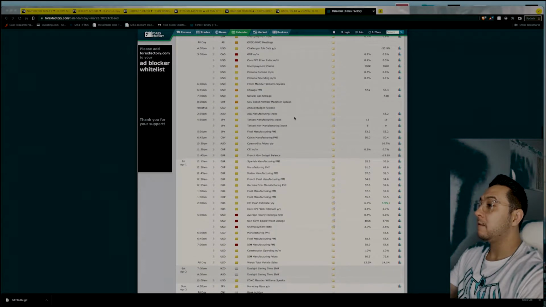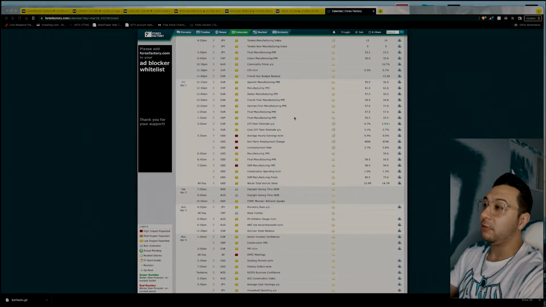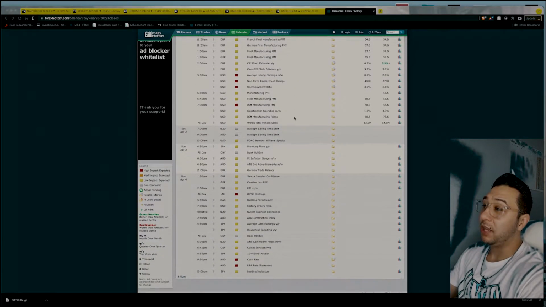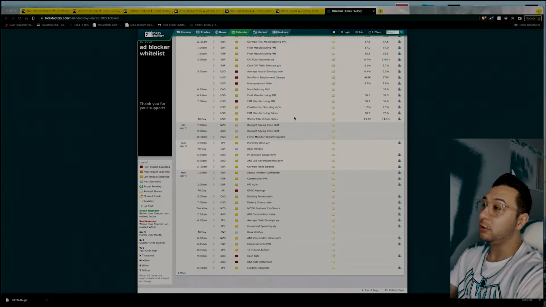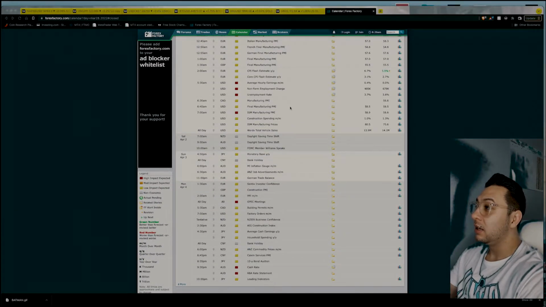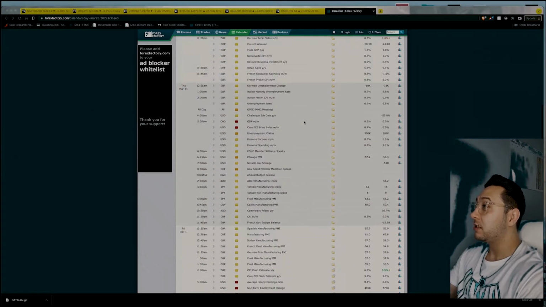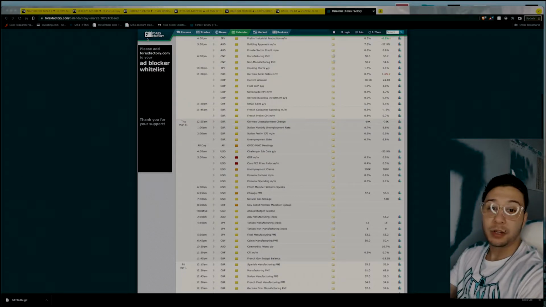On Friday, we have non-farm payroll, NFP, non-farm unemployment change, and what that measures is the unemployment rates in the US, and that is obviously very volatile and will impact the markets. So be careful for that. Look for good trading opportunities this week based off these news events, and we're going to dive right into the